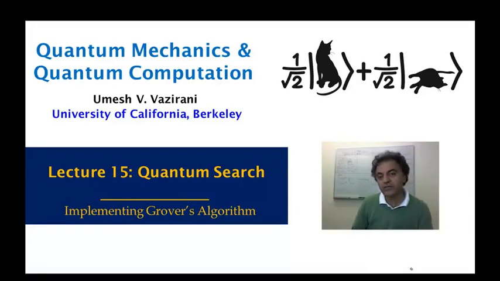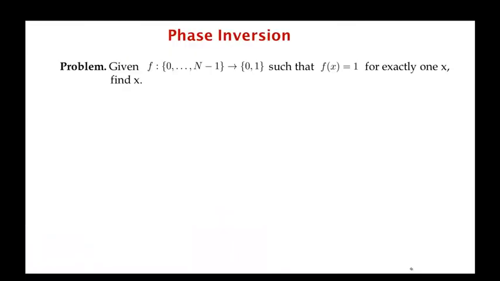Okay, so in our last video we saw how Grover's algorithm works, and we showed that it requires order square root n iterations. But then what we also assumed is that we had two primitives, and one was phase inversion. So in phase inversion,